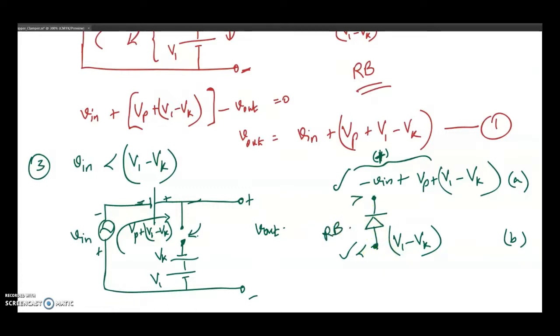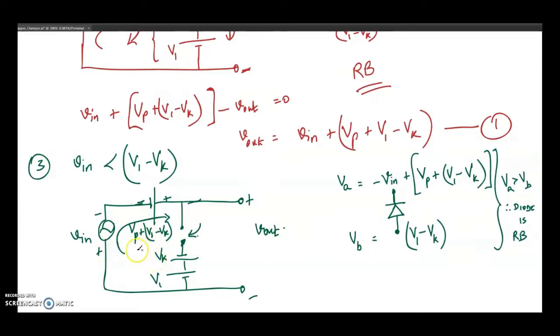Can you see that? Now that we understand the diode is reverse biased, let's write the loop equation once more. You can take the loop in any direction, of course. I'm going to take it in this direction, because I always like to start with the positive of the input. Input current always flows out from the positive of the input. That's why I'm taking it in this direction, but it does not matter really. So when I take it in this direction, minus plus means rise in voltage. Therefore, the loop equation becomes